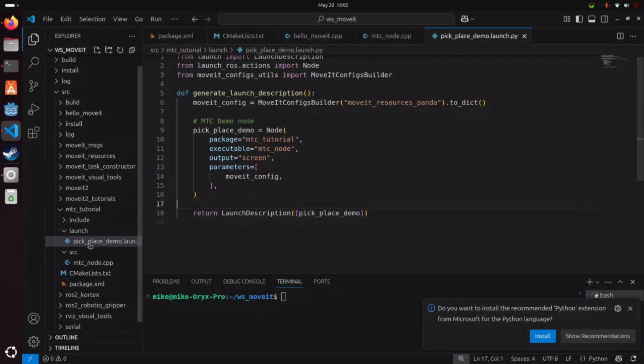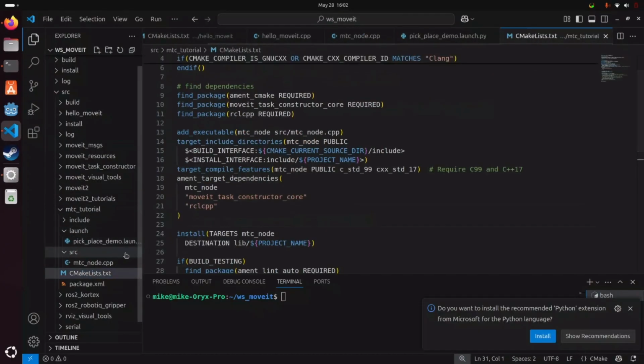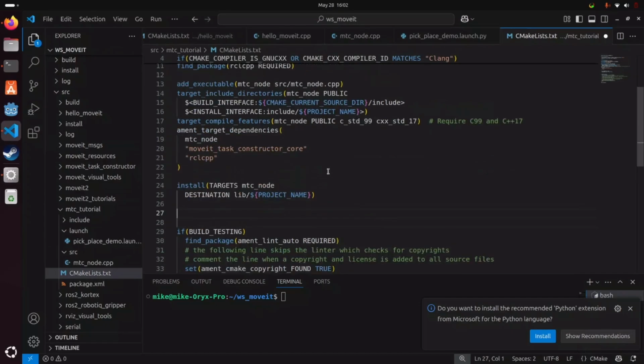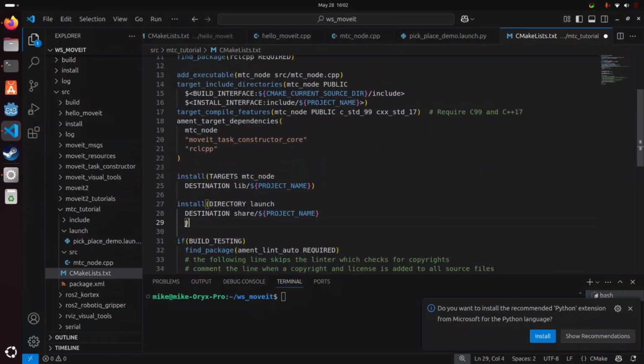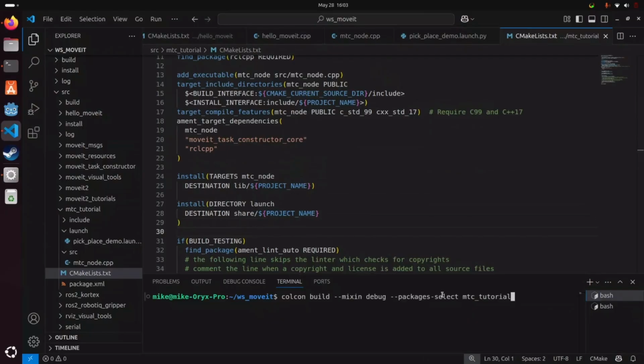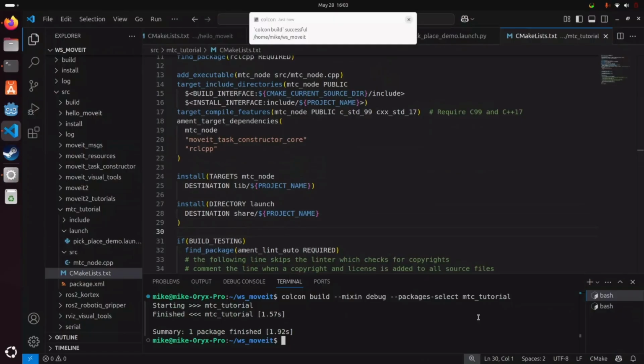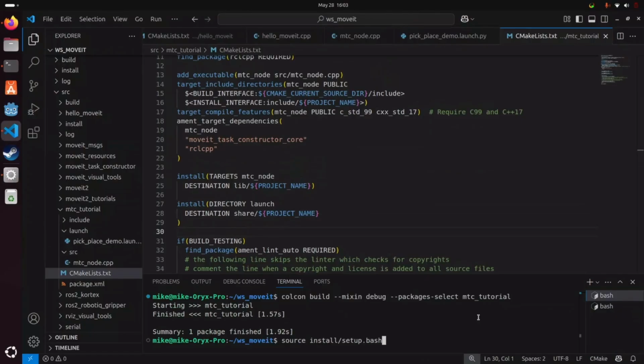Now we also need to change our CMake lists to copy our new launch file in. So in the install section, I was in the right place already. We can add this new line, install directory launch, alongside our project. Now we'll do a colcon build. Remember to do the mix and debug and change the packages select to MTC tutorial. Otherwise you'll be building just hello MoveIt, which won't include the new package. Now that's done, we need to source the setup.bash again. And now we can launch our MTC tutorial